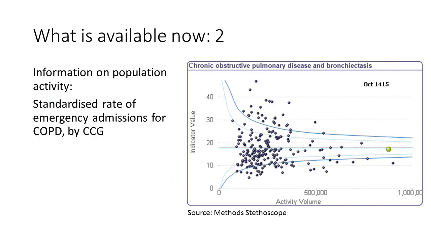And this is a graph of mine. It's simply another example of information that's easily available now. So this is a funnel plot from autumn last year, looking at every CCG in the country and an age-sex adjusted rate of emergency admissions for COPD. And as you can see, there's a huge scatter across the country. In deference to Julian, the organisation I'm focusing this plot on, the big green blob, is Cambridge and Peterborough CCG. And as you can see, they are nicely just below the national average.